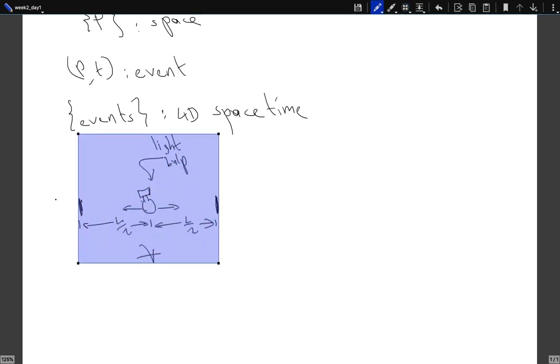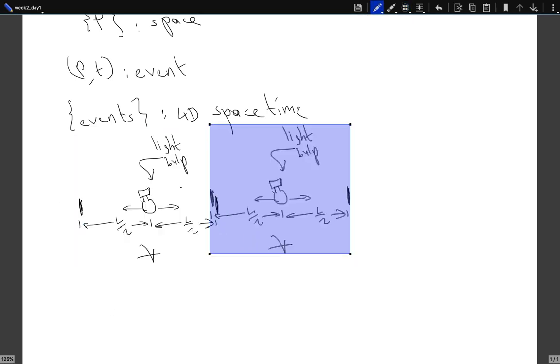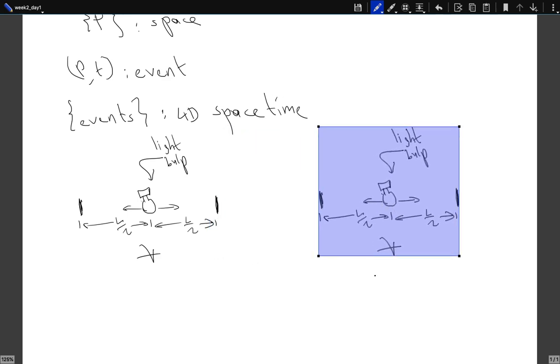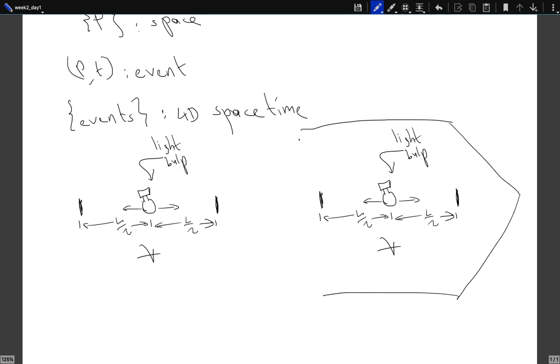The same setup. But this time, this is in, let's say, a spaceship moving with a velocity v. And we have the observer outside. Well, when I'm saying that it's moving with a speed v, it is relative to this observer, or relative to the reference frame which is fixed at this observer. So you see, in his reference frame,